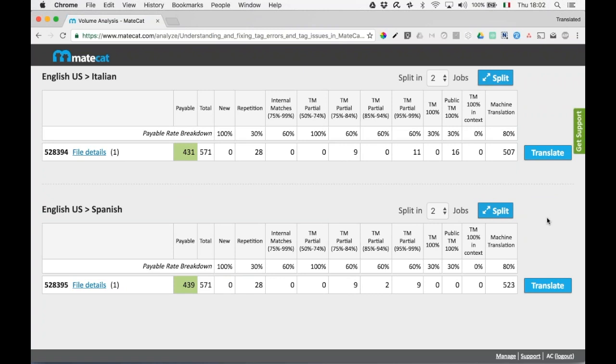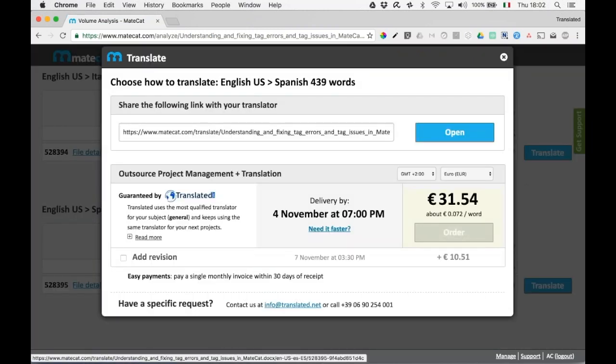We could either decide to not accept the Spanish translation, or with MateCat, we have an extra option. When you click on Translate, you might notice you have 2 way outs. Open means that you do the translation yourself. So if you speak Spanish, in this case, you can translate this document from English into Spanish. But if you don't speak Spanish, you can request the translation, outsource the translation to translator.net, and then sell it